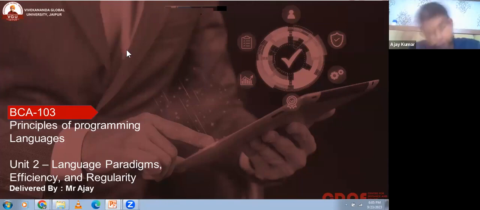Continuing from last time, we read about the principles of programming languages, where we learned that any programming language we use should be easy to learn, easy to code, and flexible, like platform independent options, so that on any system you use, the problem is solved.